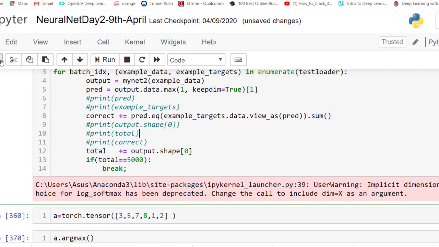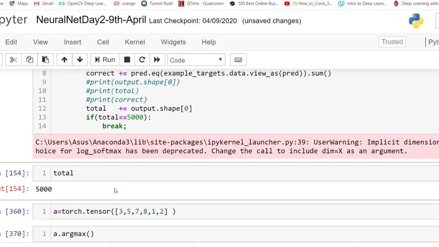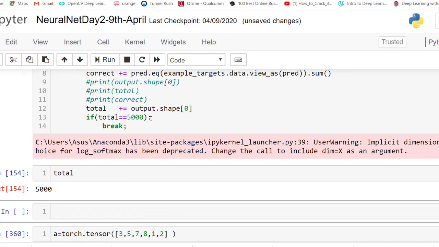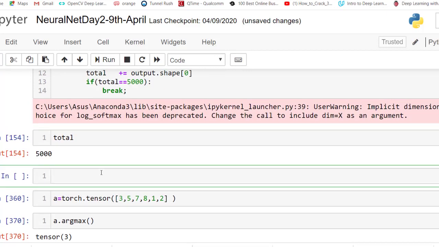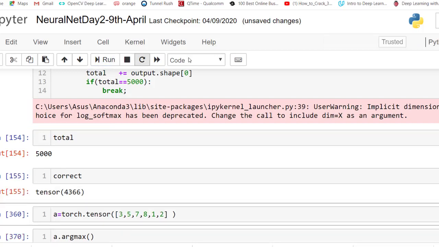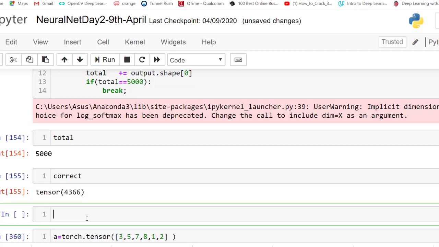Done. How much is the total? Total should be 5000, right? How much are the correct values? Correctly predicted values are 4366. That's pretty decent accuracy. If you want to calculate what percentage of them were correct, I can do correct divided by total.